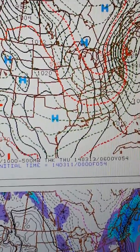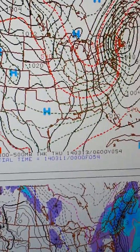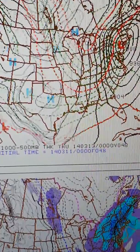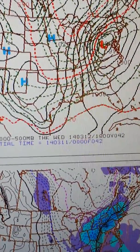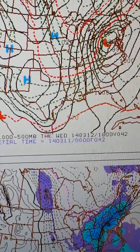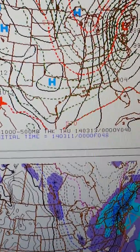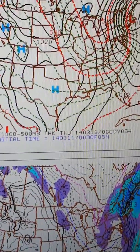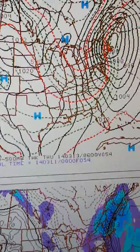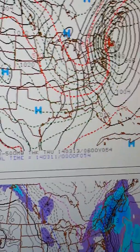And there it goes. It tracks just north of Long Island and New York City. Just north. And look at that. We go from 990... I can't read that, but I think that's 990, down to 984 or 986, and then down all the way to 980. So this is going to be rapidly intensifying as it moves, and the reason for that is because you have